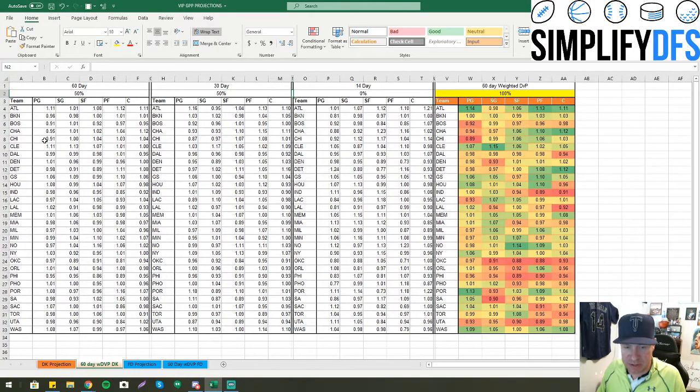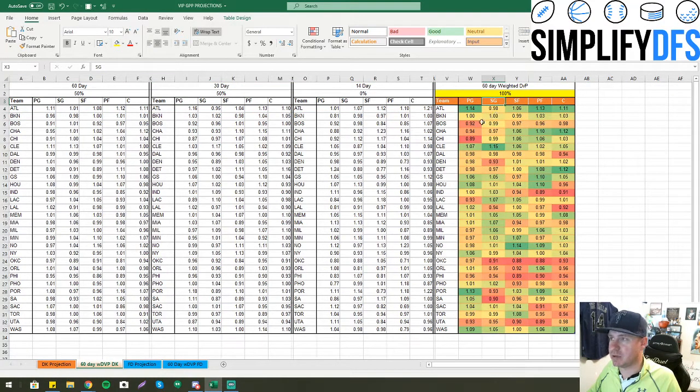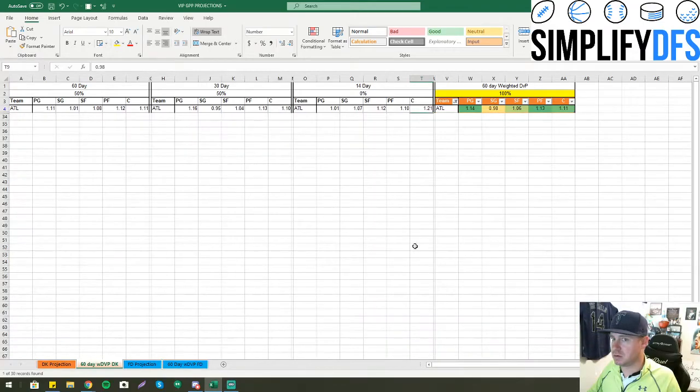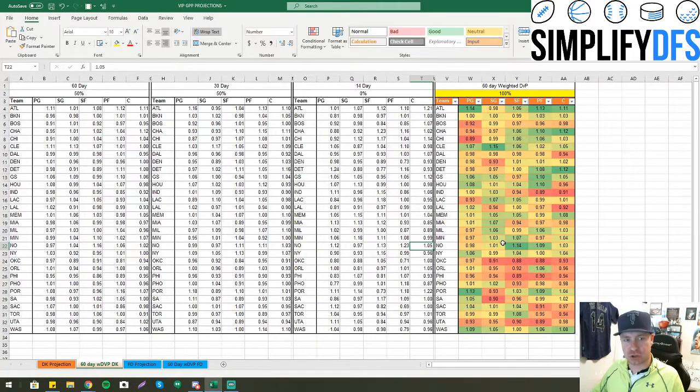What I would do personally is this. We're going to do this right here. I will fix this to where, here, let's just do this. Let's see if this works. Okay, what I will do is every morning I will filter this to where it just shows those teams